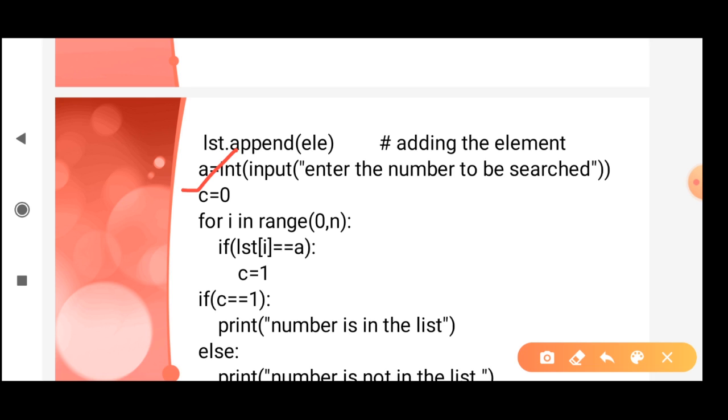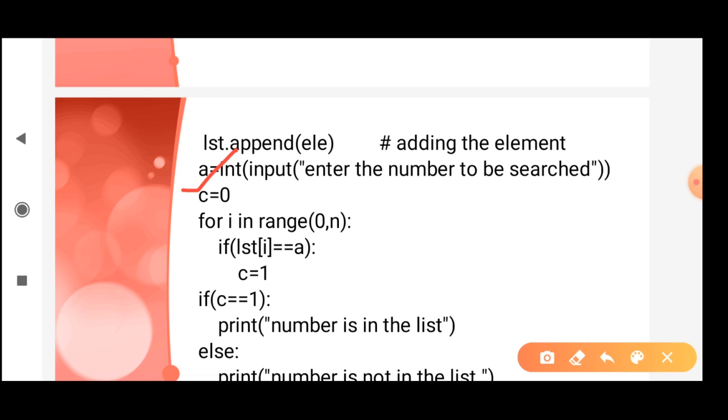Now, starting from i in range 0 to n, the list will again be checked and compared against the item to be searched, for all the items. Starting from 0, it will compare every element till the end of the list. What will happen?